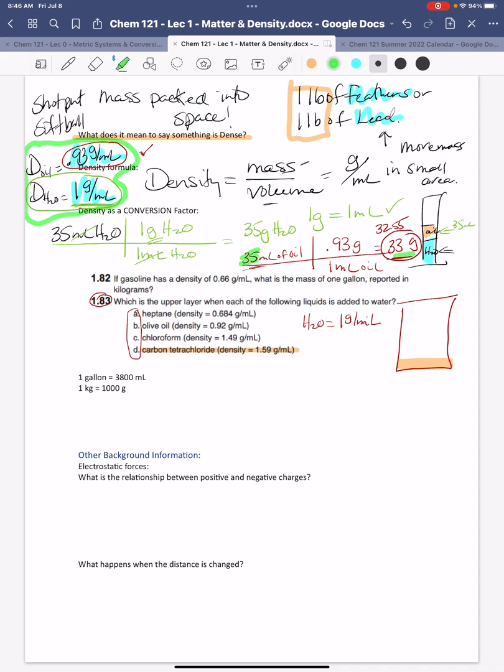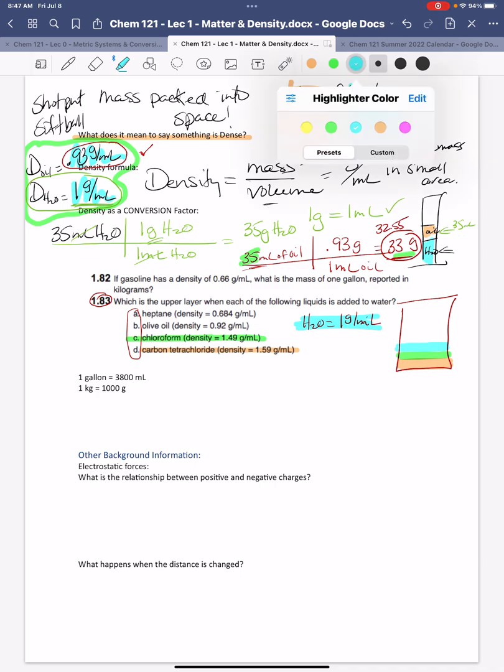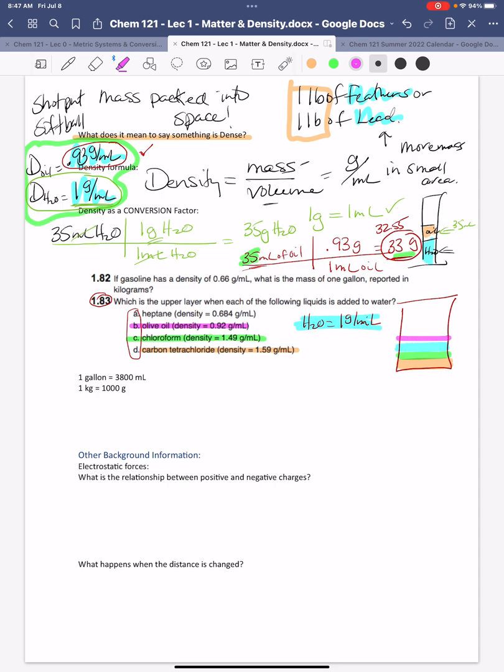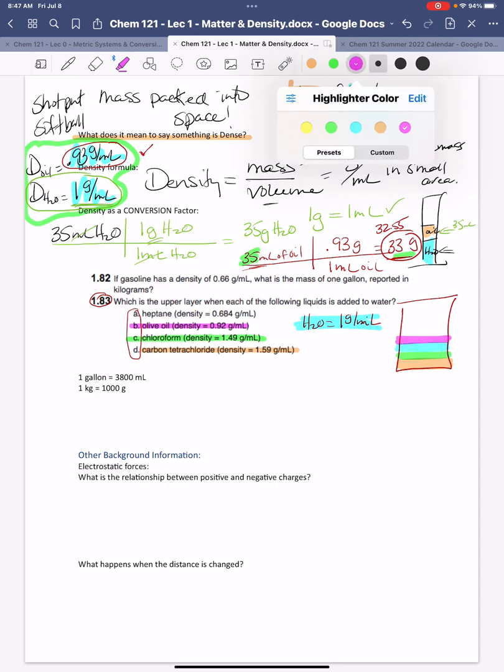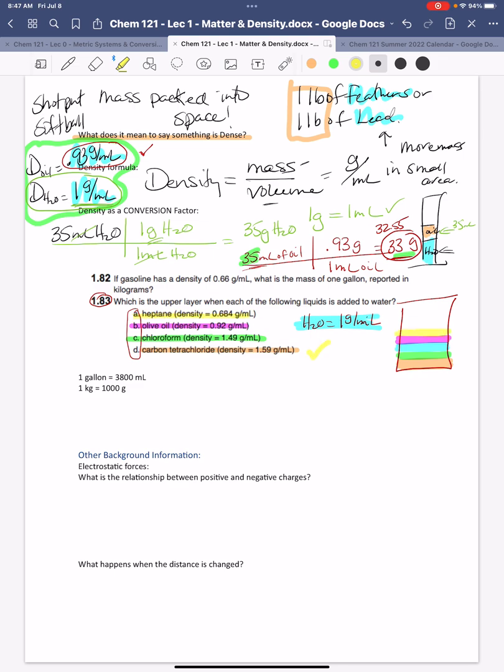Then the chloroform has the second highest density, sorry. So we would expect it to be next. And then let's make water blue because that makes sense. So then we're going to put the water in between. So the water might go there, right? And then the olive oil is the next one, right? So it would sit here on top of the water. And then last but not least, we would see the heptane on top. And again, we know that because of the densities. The highest density is going to be on the bottom and the lowest density is going to be on the top. And I hope that makes sense to you in terms of how things are going to arrange themselves.